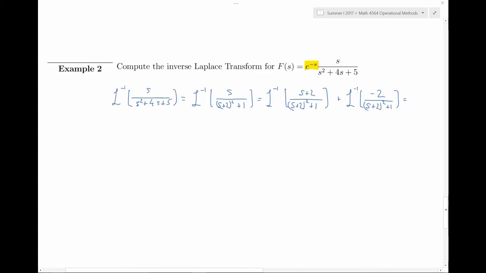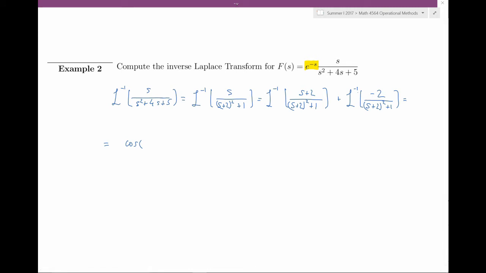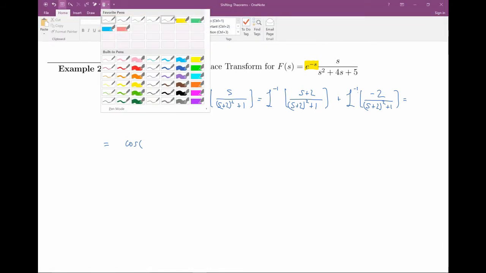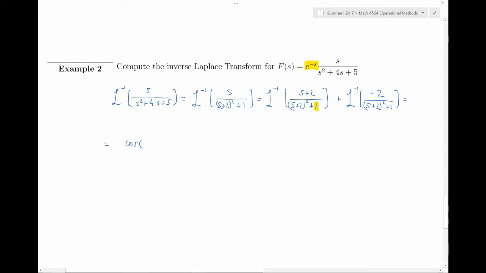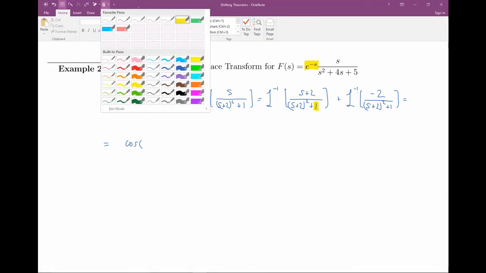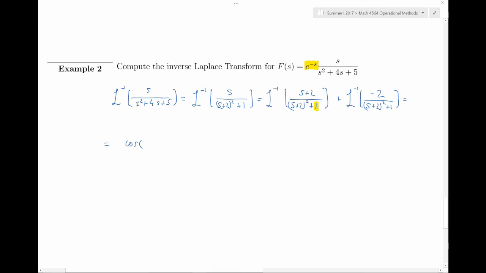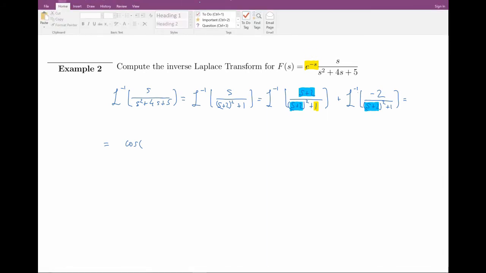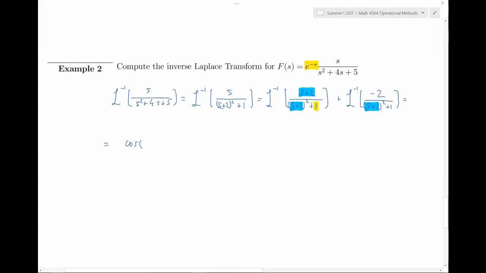So let's go ahead and figure out what's going on here. It seems like the first one was coming from a cosine, and the fact that we have 1 right here means that omega is 1. I will explain what the shift gives us a little bit later. So we have cosine t, and we also have to have minus 2 sine t,